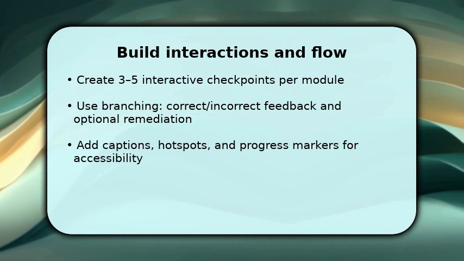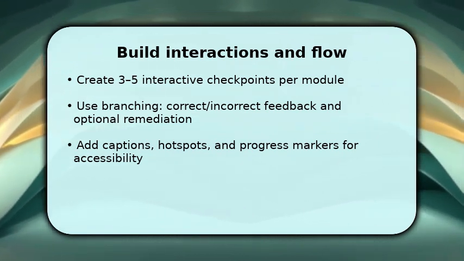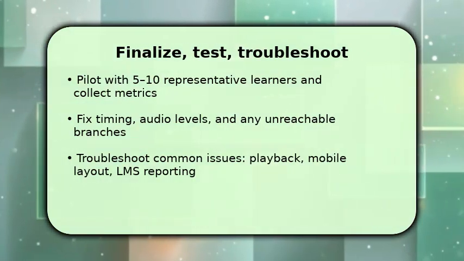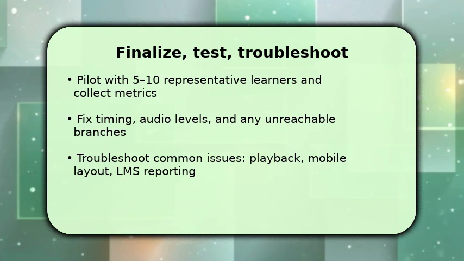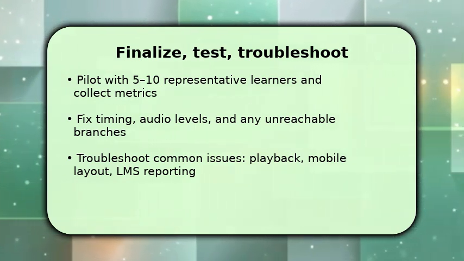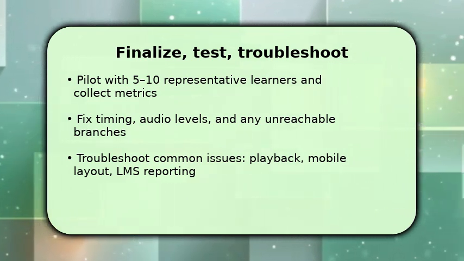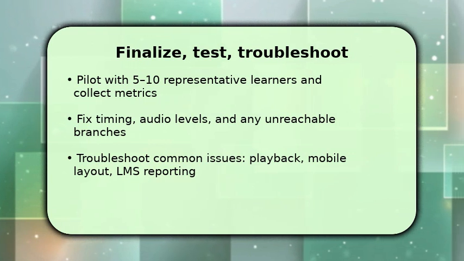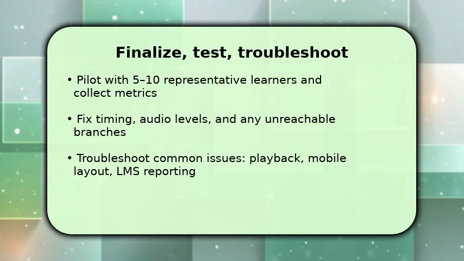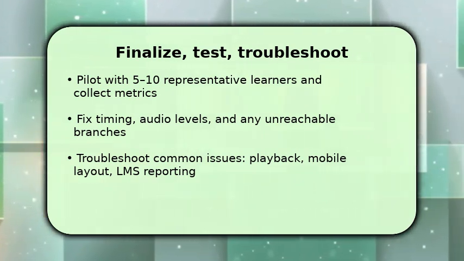You finish by polishing and validating the experience. Run a pilot with representative learners, review analytics, and iterate on timing and clarity. Once done, ensure SCORM or xAPI reporting matches objectives and check mobile responsiveness. Make sure videos and interactions load under typical bandwidth. If learners report broken branches, reproduce the path, adjust triggers, and republish. A key troubleshooting tip: clear caching and test in an incognito window to rule out